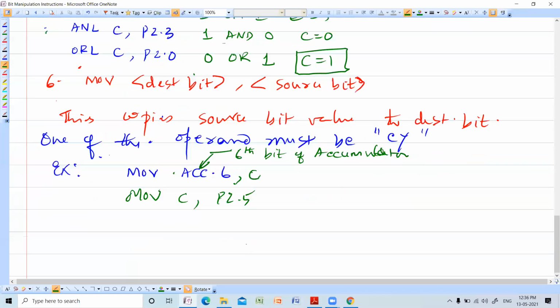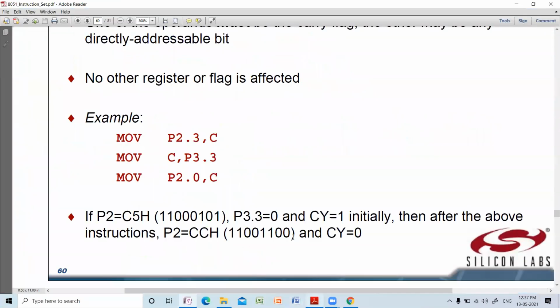This is also legal. MOV P2.6 comma C. MOV C comma complement of P2.3. These are all valid instructions. So here very important is that one of the operands must be carry. That is a very, very important point to note.